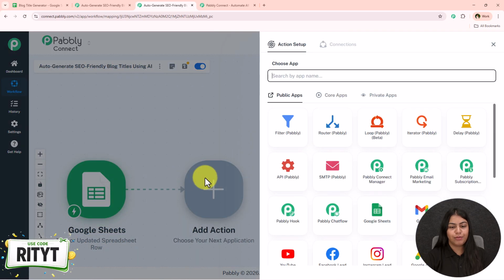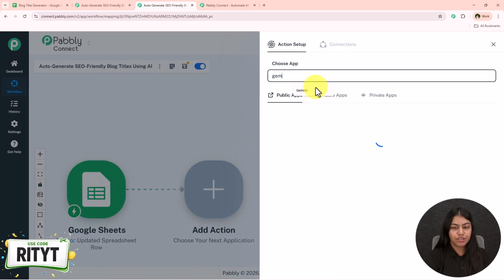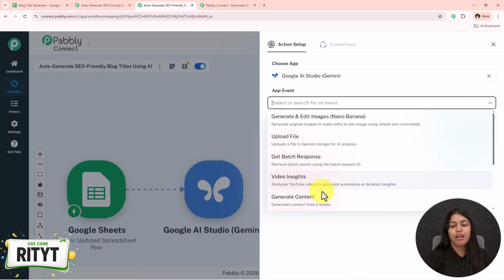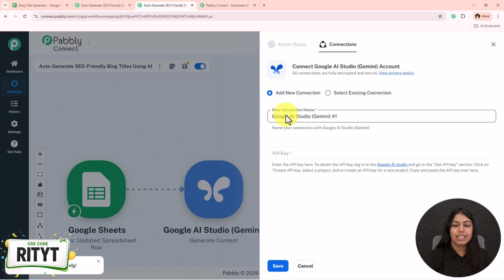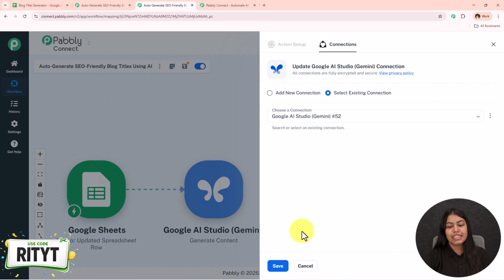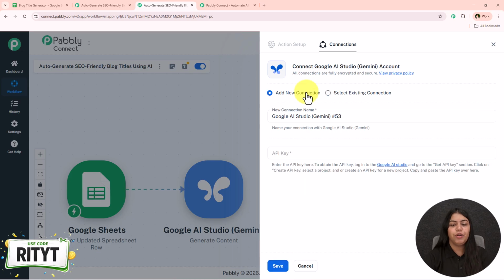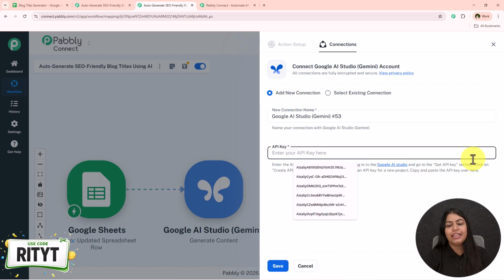So click on this add new action step. For the action application, search for Gemini and select the same right over here. For the event, you have to select it as generate content and click on this connect. Now if you've already created a connection between Gemini and Pabbly Connect, then click on this select existing connection and then save. But if you haven't, follow me, click on add a new connection, and it is asking for this